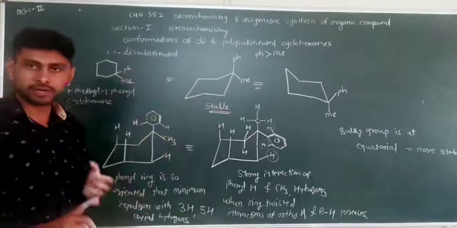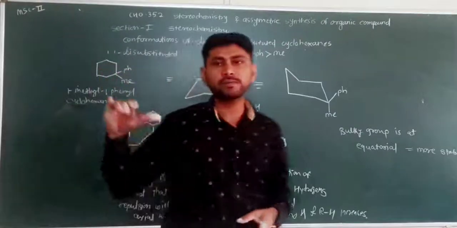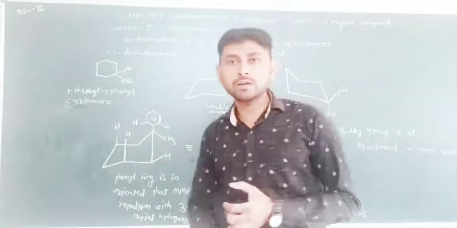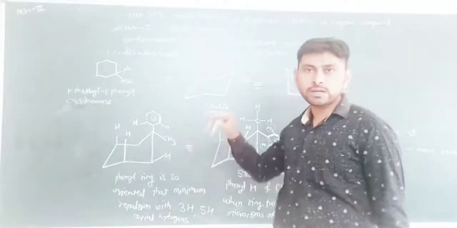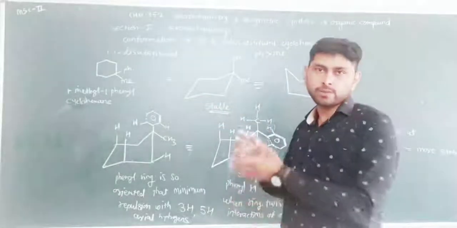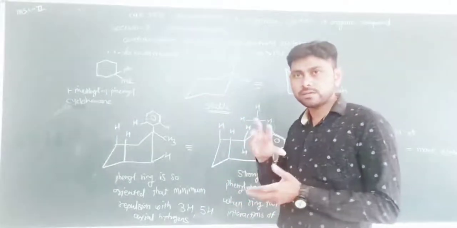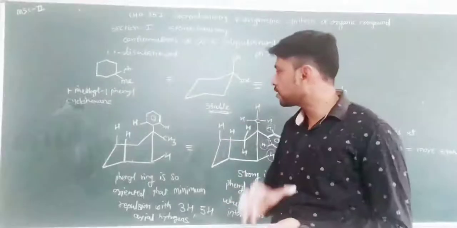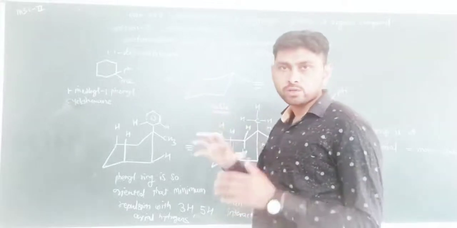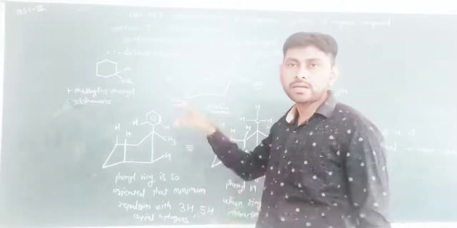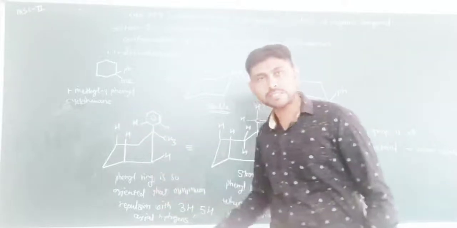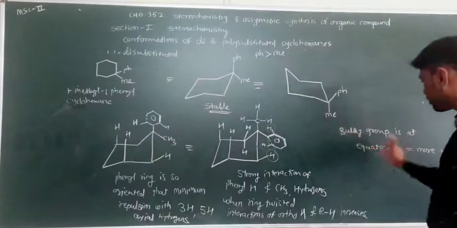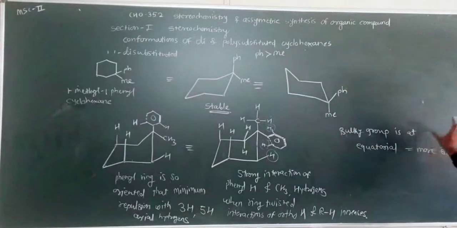If we change the groups, when X is different and Y is different, we have taken the first example of 1-methyl cyclohexanol. In 1-methyl cyclohexanol, the methyl group is bulky and the OH group is less bulky. So the stable conformation is decided when the methyl group, the bulky group, is at the equatorial position. When the methyl group is at the equatorial position, that conformation is preferred and is obtained in 70% amount, and the other conformation is obtained in 30% amount. So with the bulkier group at the equatorial position, the more stable conformation is there.